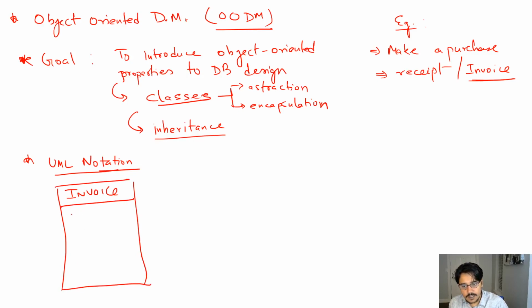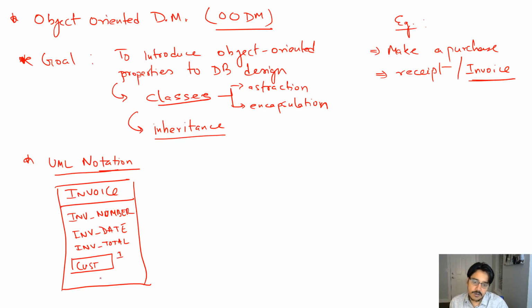Okay. And thereafter, I can have different attributes, and let's call it invoice number, invoice date, and invoice total. And thereafter, I can encapsulate its relationship to different entities and then specify what is the relationship type with that entity. Okay. So we can have customers, and then we can have